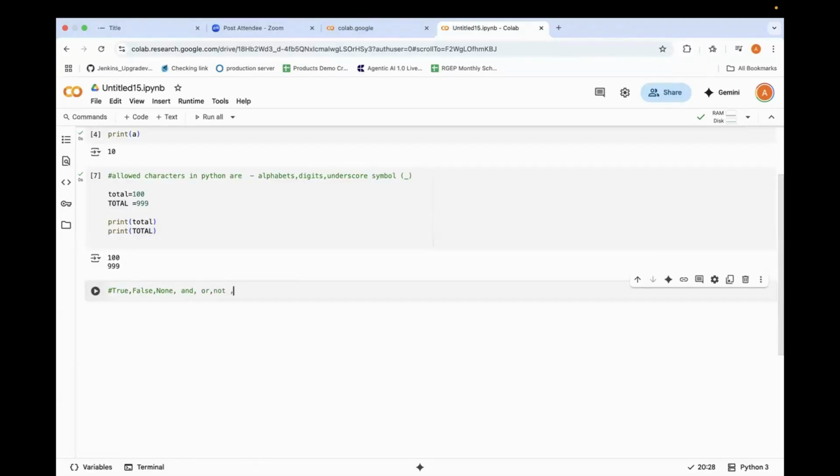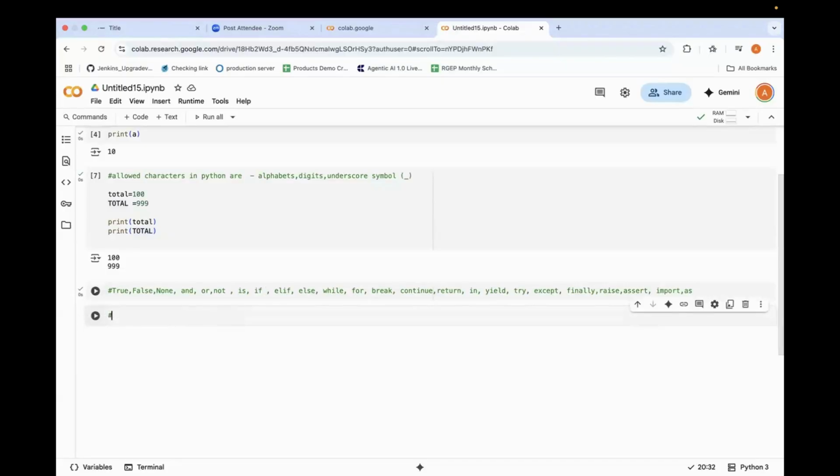And, or, not, is, if, elif, else, while, for, break, continue, return, in, yield, try, except, finally, raise, assert, import, as. Okay, I'll continue in the next line.